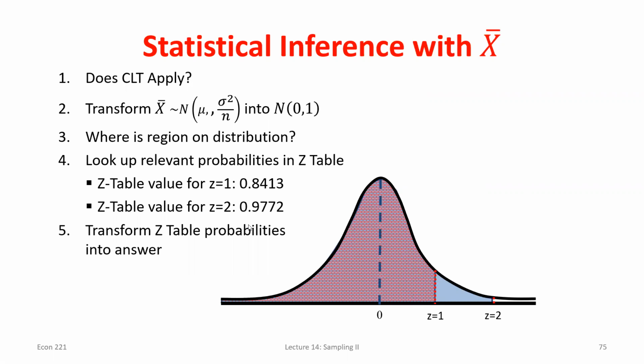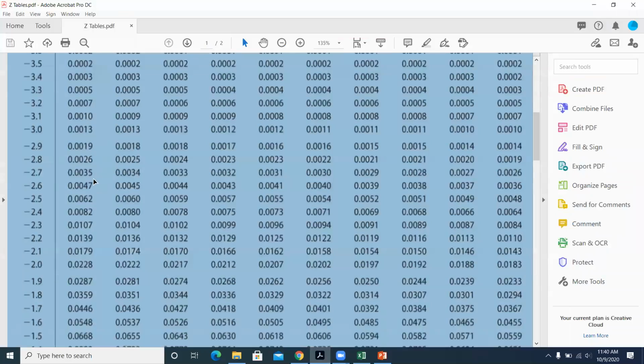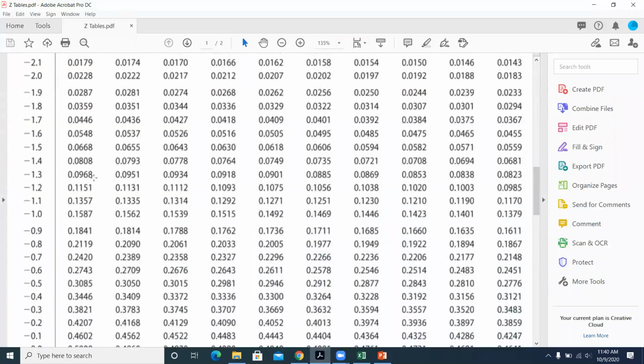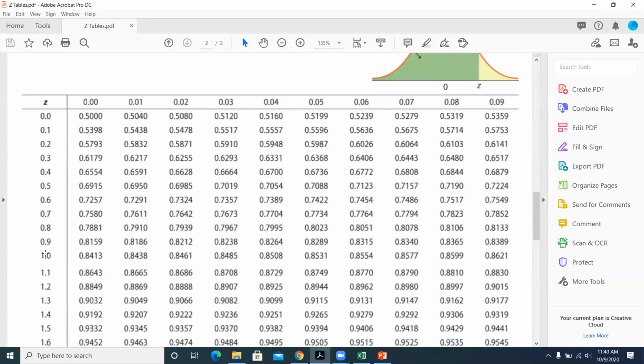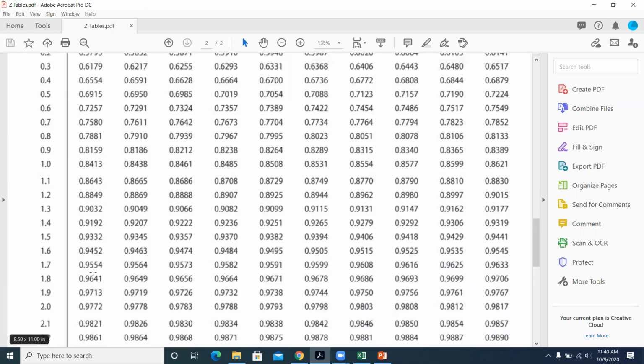If I look up a z-score of 1.00 in the table, the area to the left, or the probability I saw a z-score of 1 or lower, is 0.8413. And if I look up a z-score of 2.00